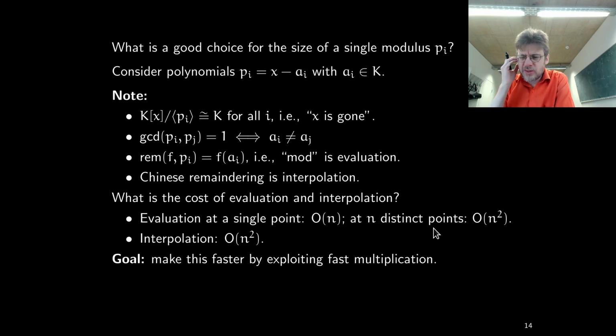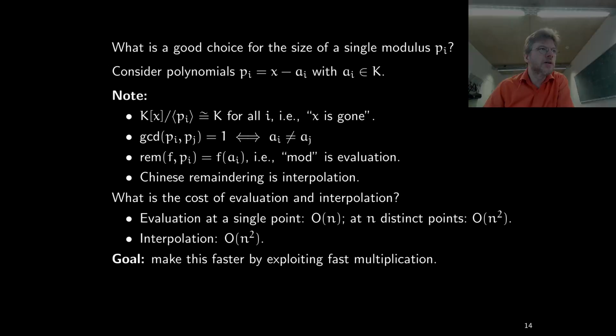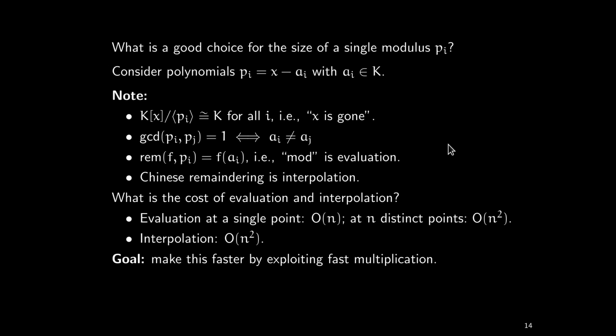But this is not responsible for the quadratic cost here. So if you replace in the classical algorithms the standard multiplication by fast multiplication, you don't get any speed up here. You have to reorganize the computation so that fast multiplication can have an effect. And let me illustrate this on a different example,